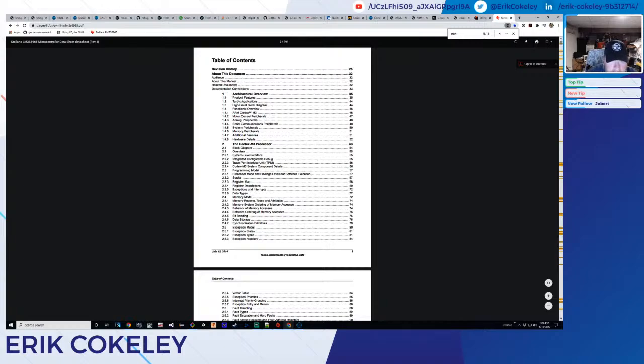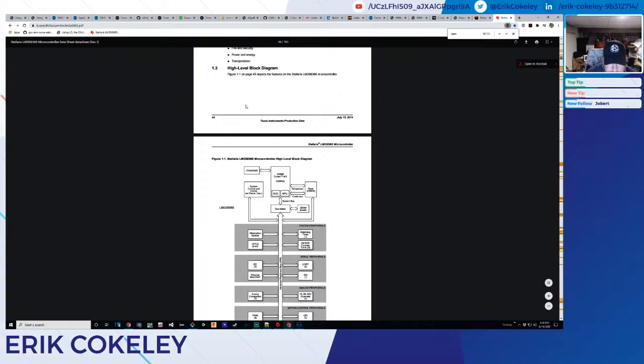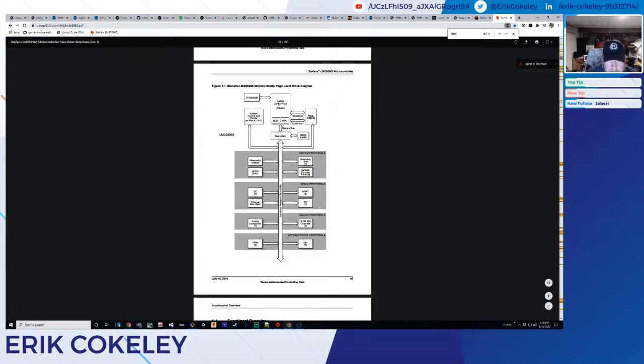Alright, so their intro, they're going to have audience, all that stuff. Product features, target applications, high-level block diagram. Look at that. JTAG hooks straight to it, or serial wire debug. There's flash. This is all a solution, SOP, right? SOC, or system on a chip, or solution in a package, has an NVIC, so it has power management,